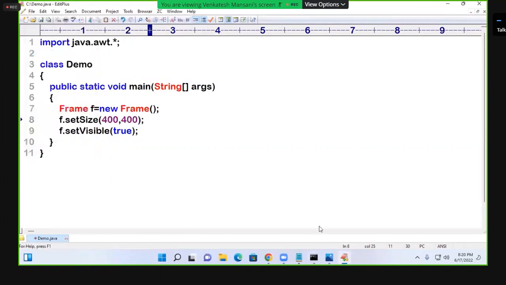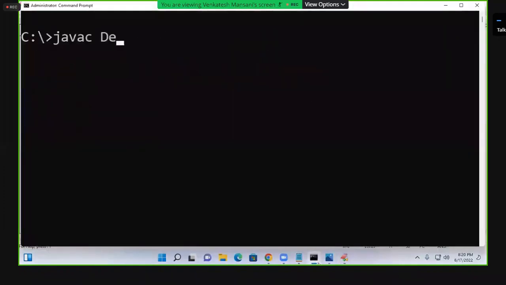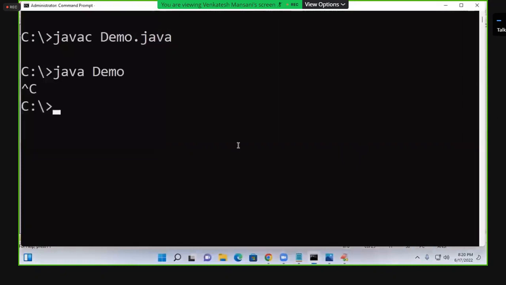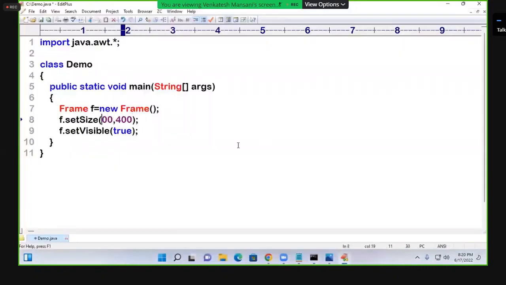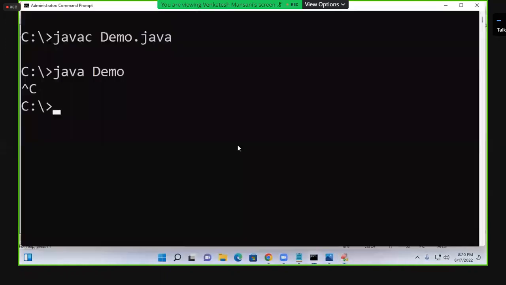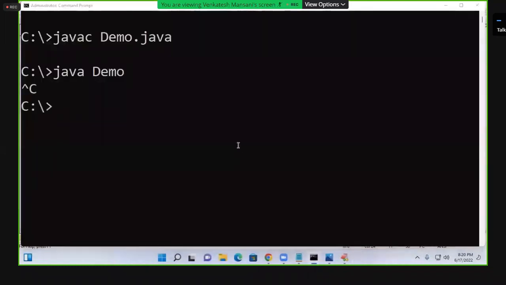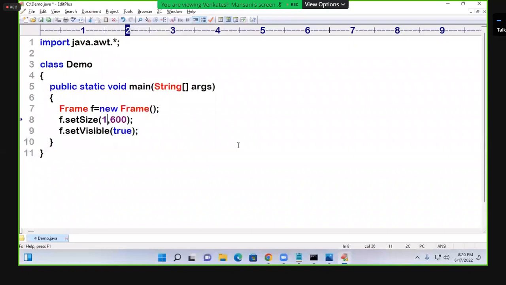See, file, save, compilation, execution. See, 400 pixels width, 400 pixels height, displayed. Okay. Now what I'll do here: 800 pixels width, 600 pixels height. Compilation, execution. 800, 600. But actually maximum how much is there? 1360. So I'll write 1360, 768. Okay, now full size